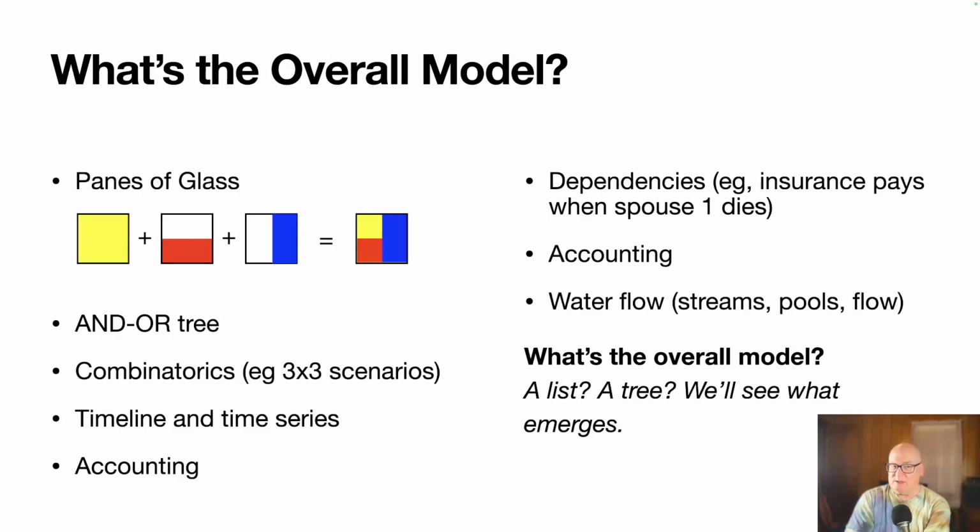One of them is the notion of panes of glass. And the idea there is you're layering stuff on top. So maybe I have the baseline corresponds to the yellow, and the red corresponds to my plan, and the blue corresponds to my scenarios. And if I stack those up together, then I get that multicolored shape there, because different levels have different transparent parts that show through.